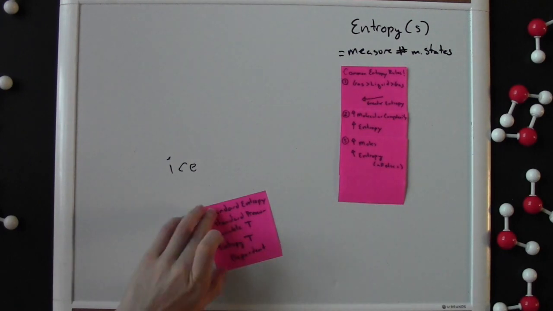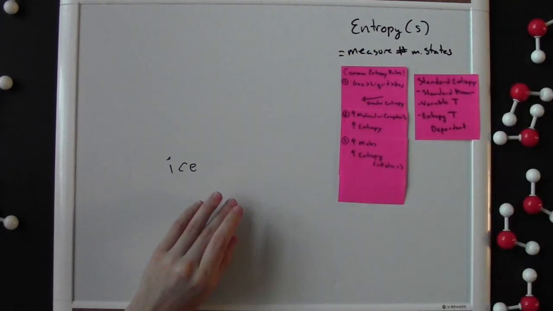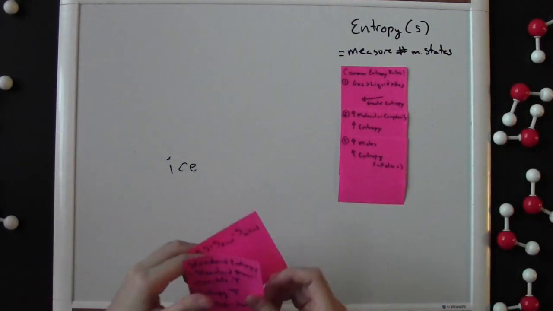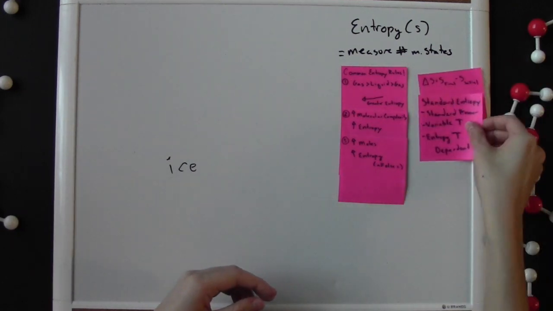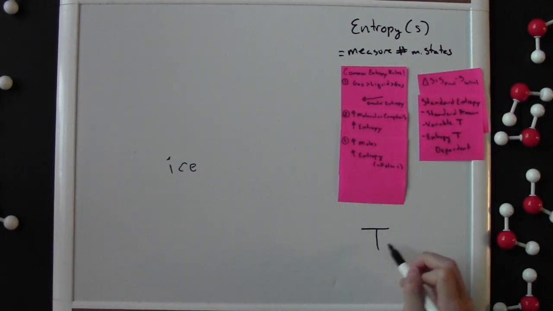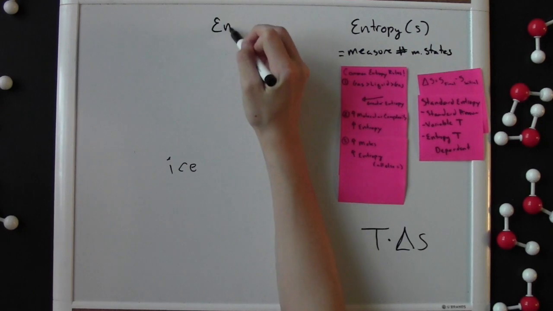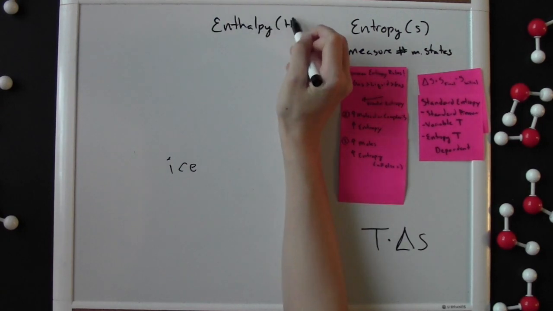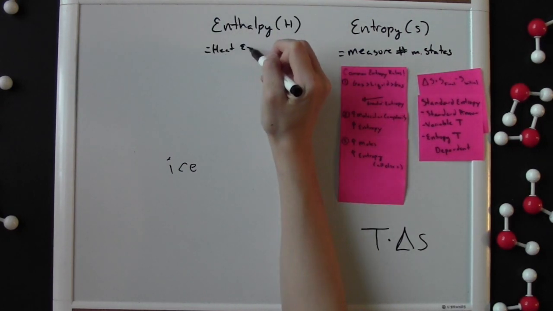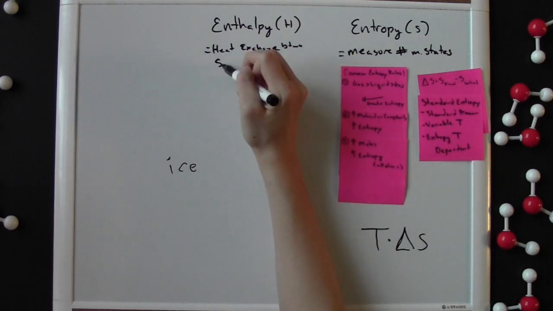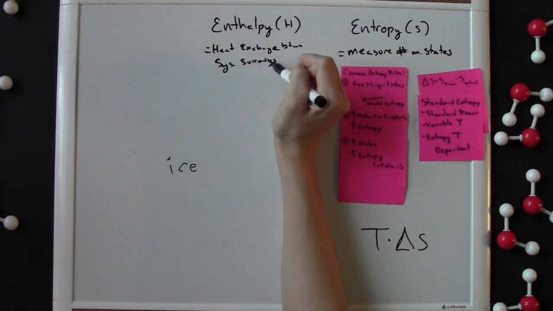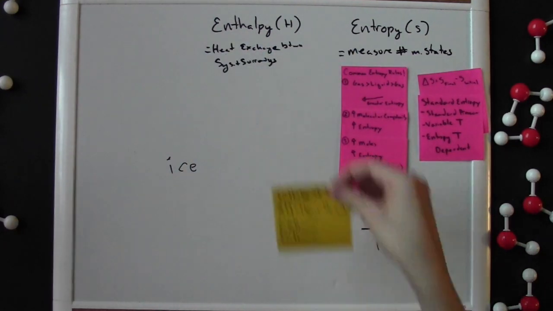The change in entropy, or the entropy of a reaction, is essential for determining the spontaneity of a system, but to do so, we must understand a related concept first: enthalpy. Enthalpy, usually abbreviated as H, is the heat exchange between the system and the surroundings at a constant pressure. The change in enthalpy, or the enthalpy of a reaction, can be used to determine whether a reaction is endo